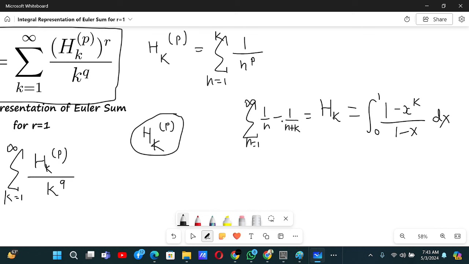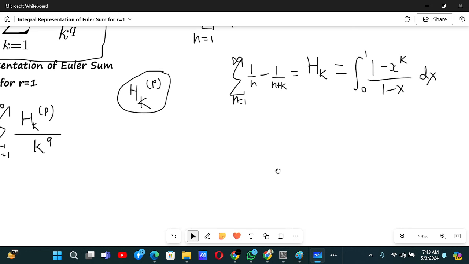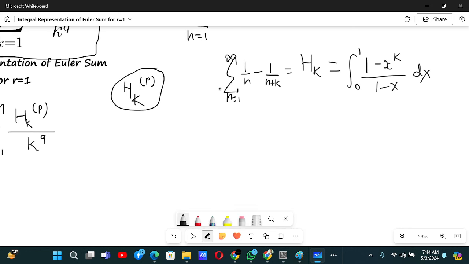Now these two, the sum and the integral, are equal, and if we go on differentiating these two, in the sum we will basically have H_k of some order, and the integral will be equal to it. That's how we can find the integral for the harmonic sum of some order. So if we go on differentiating, we know that these two are equal. Let's take the first derivative over here,